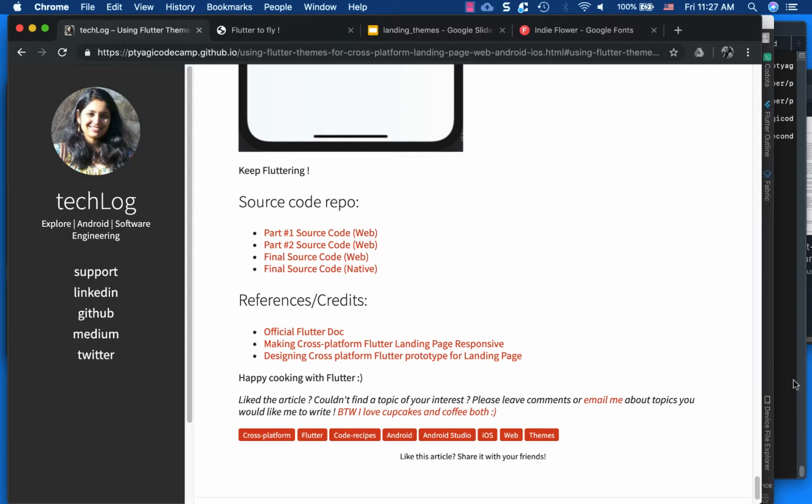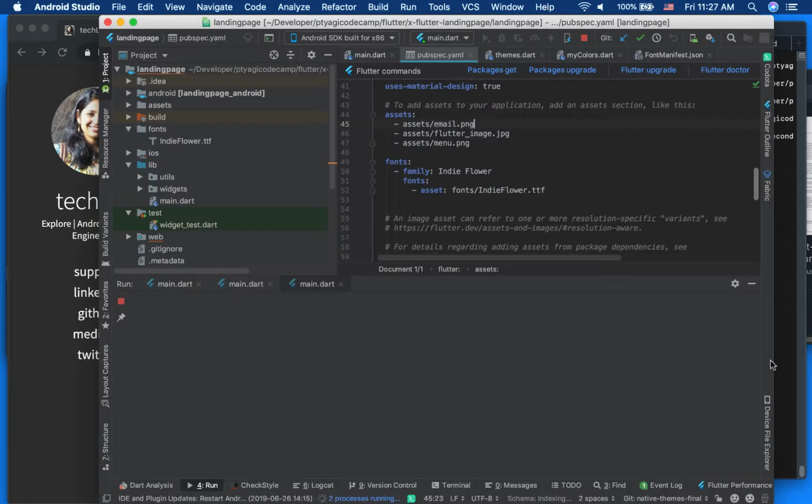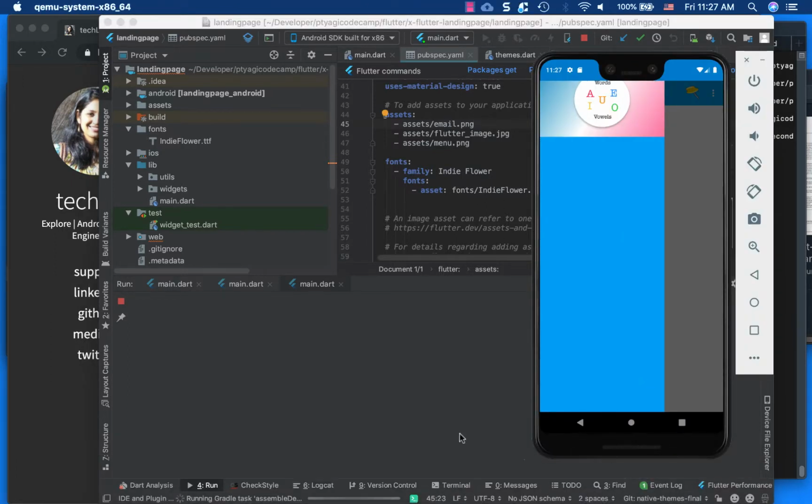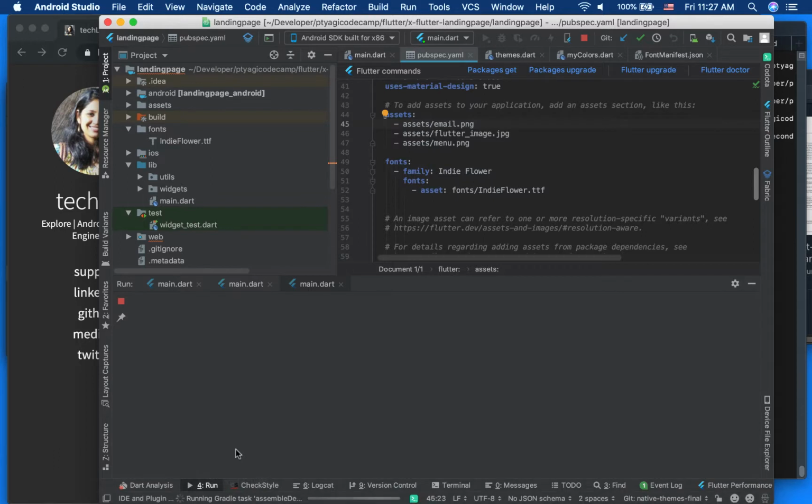So let's take a quick look at how our emulator is doing. Okay, it still doesn't look happy. It's running right here. Let's see what happens if we try to get our iOS